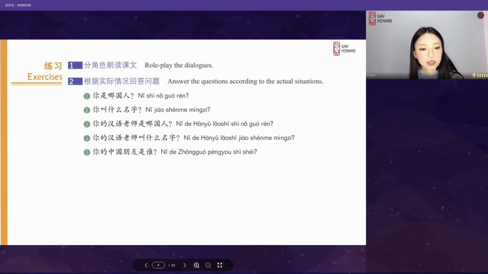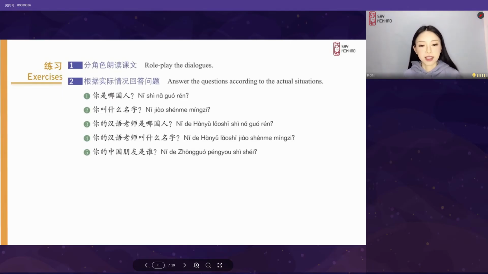Try to answer the questions according to your actual situation. Okay, first question is 你是哪国人？If you don't know how to say your country's name, you can try to Google it or try to find it in the dictionary, okay? 你是哪国人？For example, if I answer this question, I will say 我是中国人, in this structure, right? Try to answer this question. 你是哪国人？